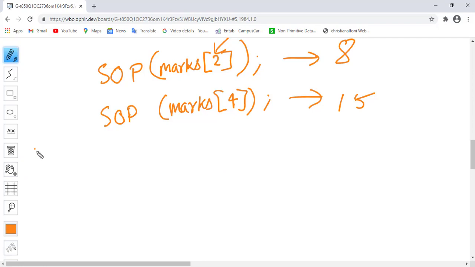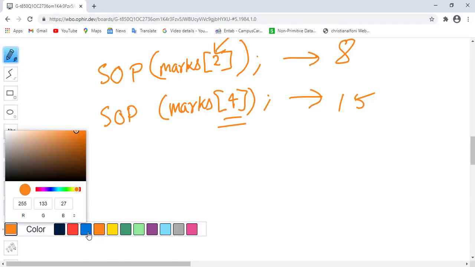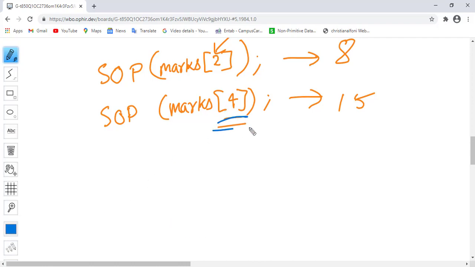Now let's say you want to change the value present at index 4. So what you can do is you write the variable name, then within square brackets write the index and use the assignment operator. So when I do this, let's say I store 35.